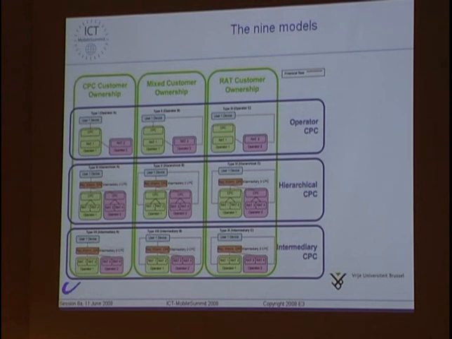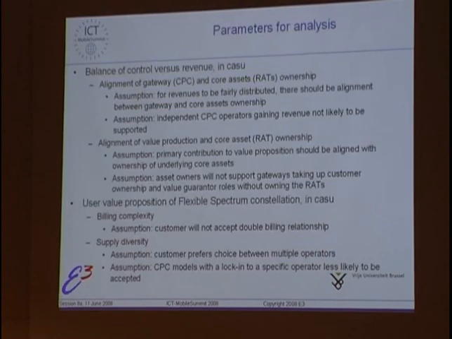And the most complex type, I think, is type 5 in the middle, where you have 2 layers of CPC, so it's a hierarchical model, as I explained, and you have the customer paying, because the red lines are the value flows, the revenue flows, the customer paying both the CPC for some broker functions and the RAT that this user eventually chooses. Of course, I have to say immediately, and I think that you will understand, that these are theoretical types, and that, for example, it doesn't need much research to conclude that type 5 would be highly unlikely to materialize. But this is theoretically what would be possible if you looked at these 2 variables.